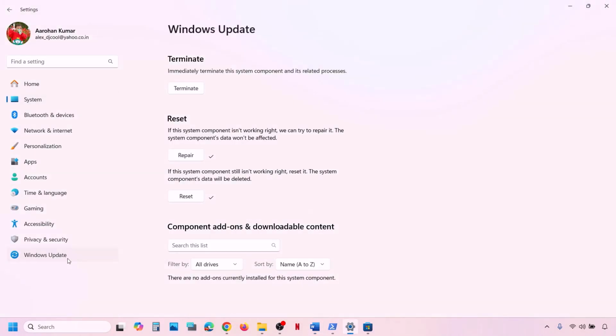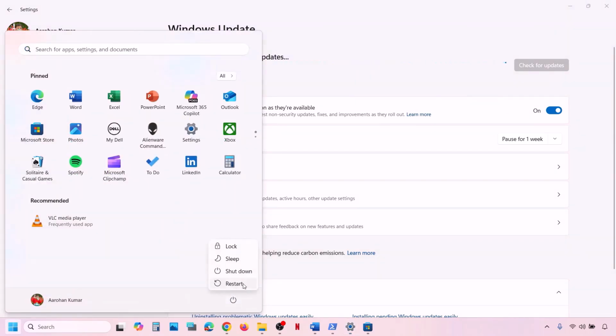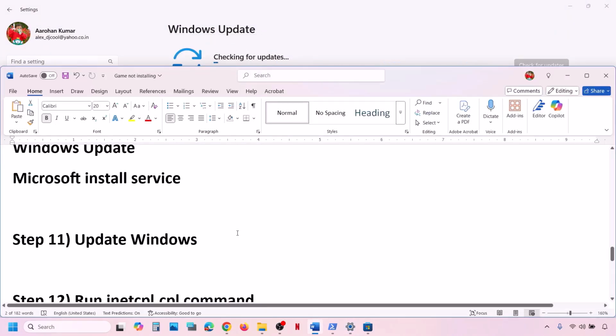This is important. So go to Windows Update or Update and Security and then click on check for update. Once all the updates are installed over here, then restart your computer. And after the system restart, you can check. Still not working. The next step is to run